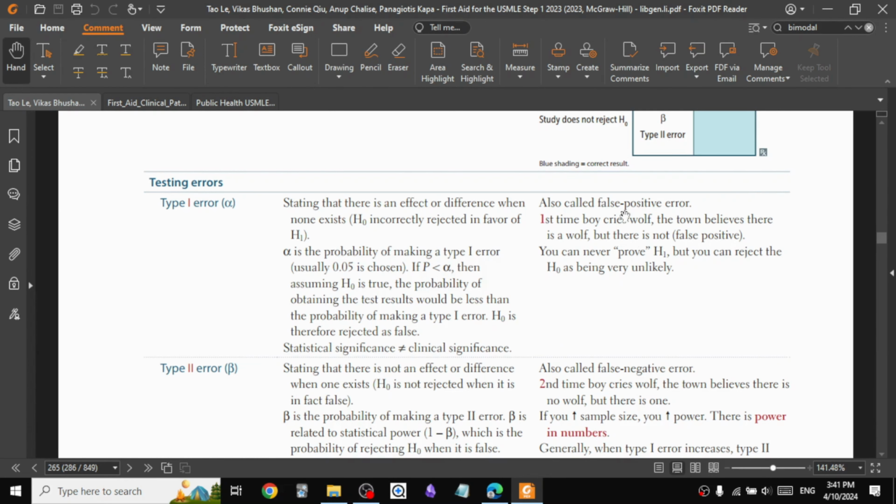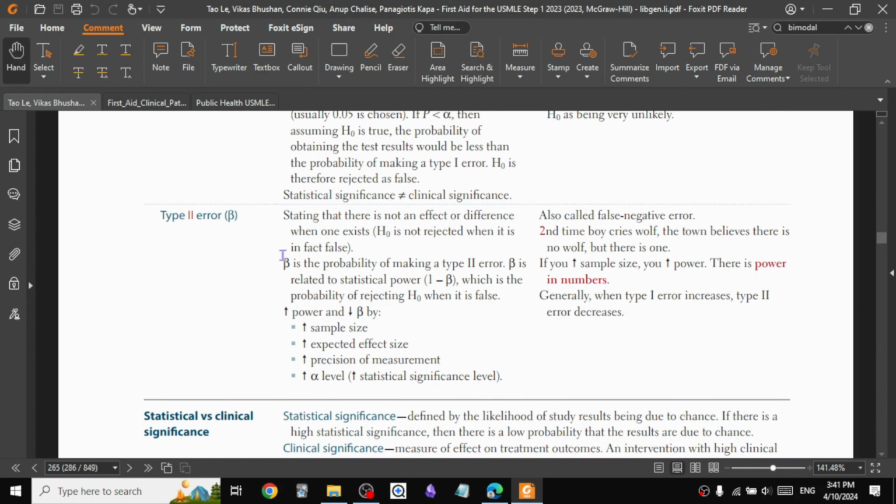Okay, so we know this now. Type 2 errors, also called beta, right? Beta is the probability of making a type 2 error. Statistical power is 1 minus beta. And how do we increase power and decrease beta? This is the main thing that we have to focus on: how do we detect HA when it's